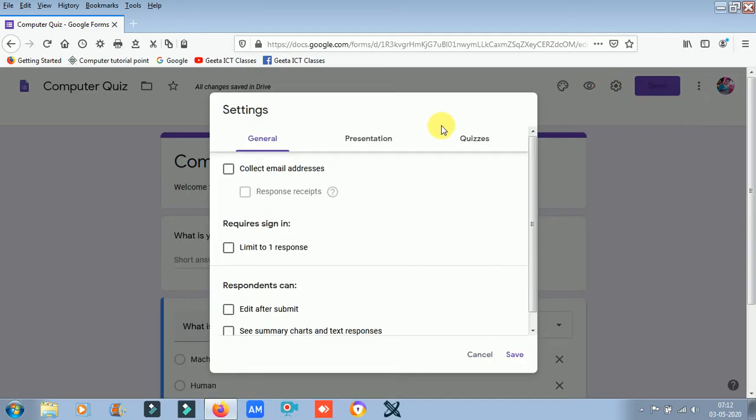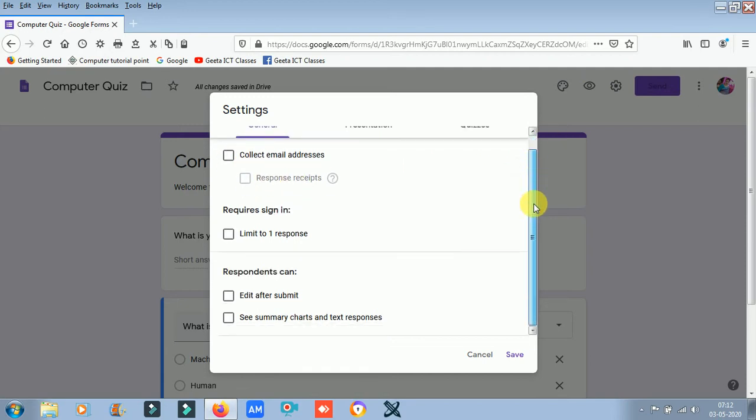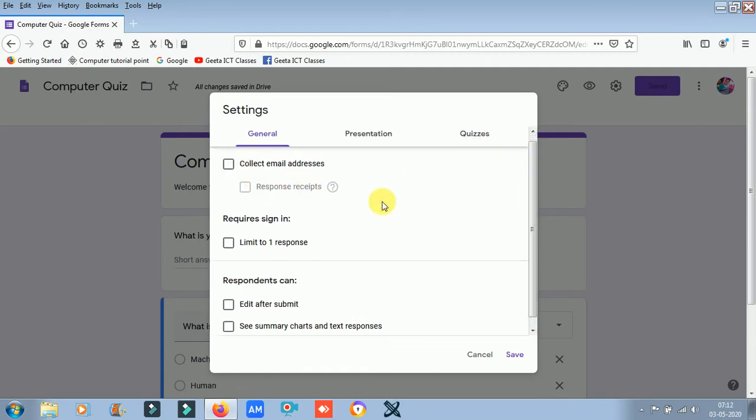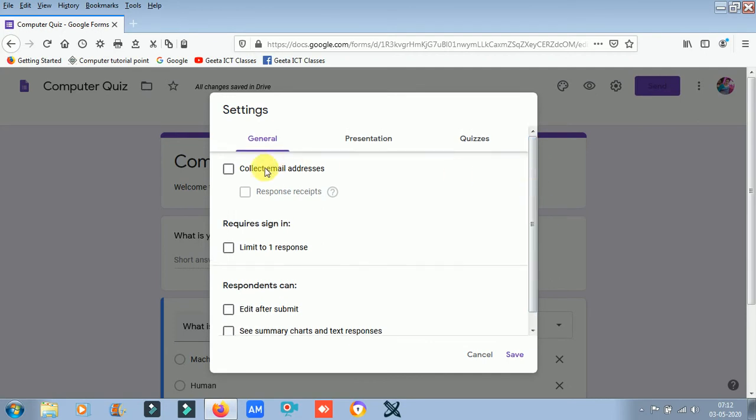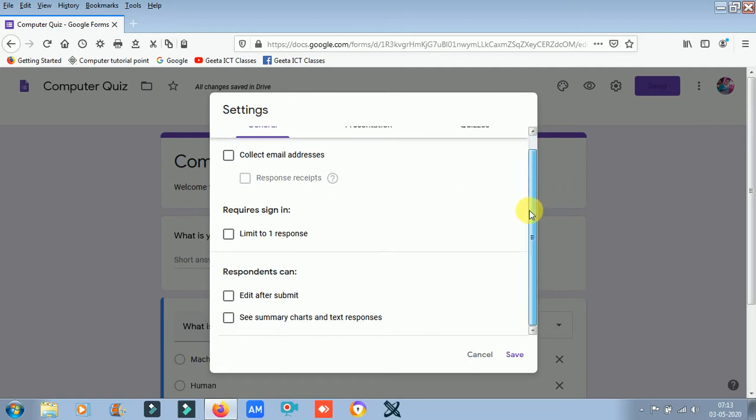Settings options are here. Firstly we have to change the general settings. If you want to collect the email of that person, then you can select collect email. Next is require sign in. If a student can respond without signing in to Google, then you have no need to choose this.